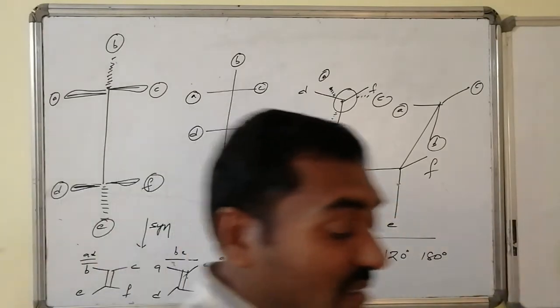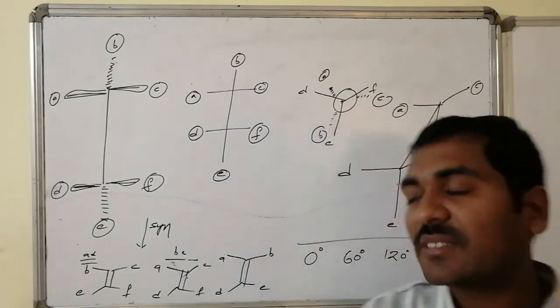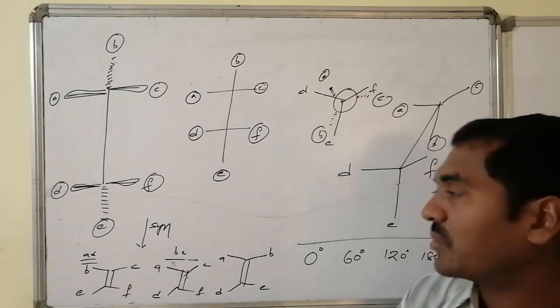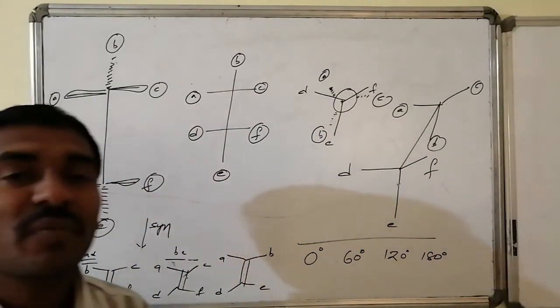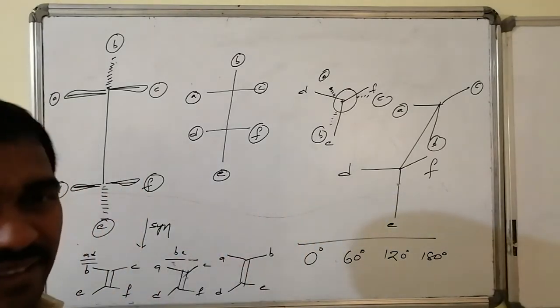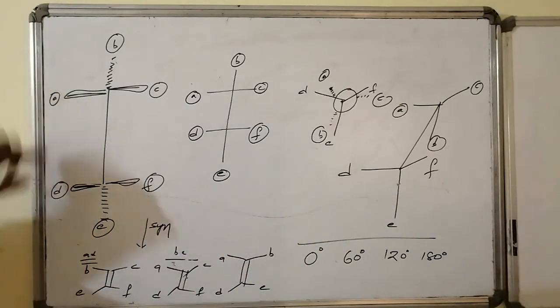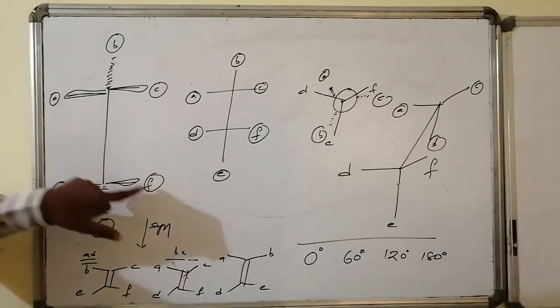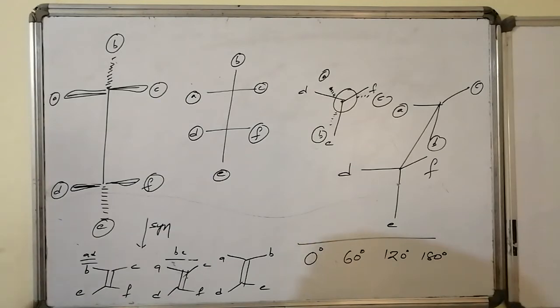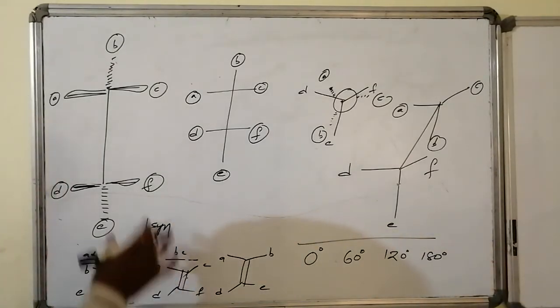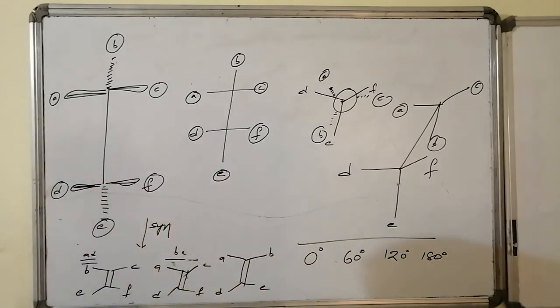In that way, for syn elimination, expected products can be known from the flying wedge presentation. Thus, flying wedge presentation is helpful only for syn eliminations. I can apply the even rule. I can eliminate A with D, I can eliminate A with E, I can eliminate A with F. Similarly, B with these three, C with these three can be known. What might be the alkene obtained, and what are its corresponding geometrical isomers, these things can be known from the flying wedge presentation.